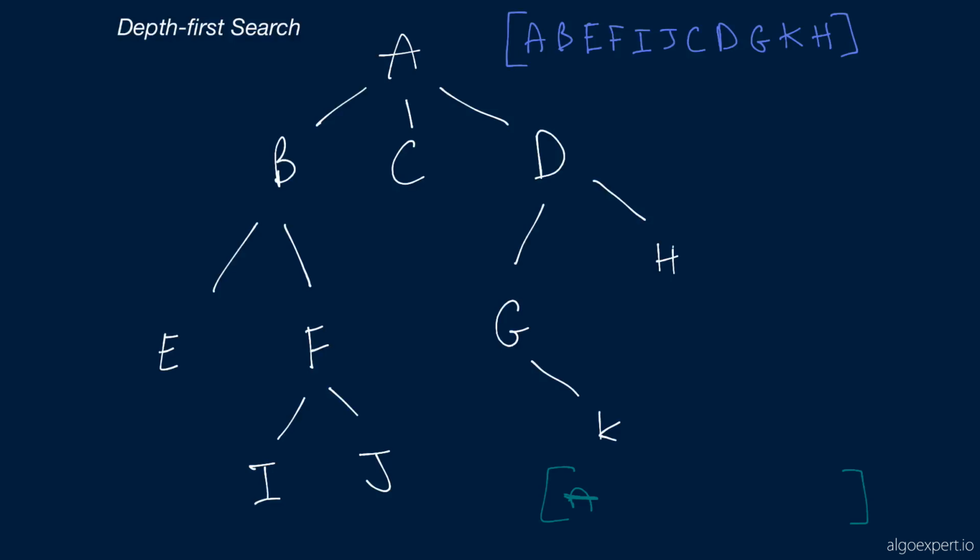And then for every child node of A, meaning B, C, and D, we call the depth-first search function. So we start with the first child node, B, and we call the depth-first search function. So now we are at B. So the first thing we do here, grab B's name and add it to the final array. And then for every child node in B, which are E and F,